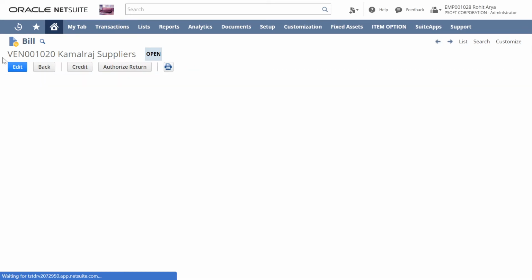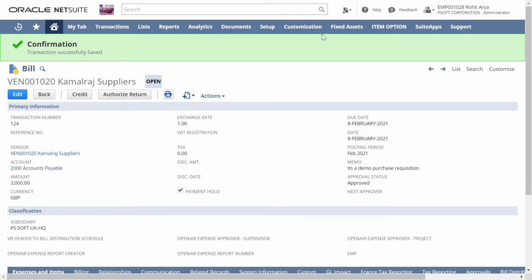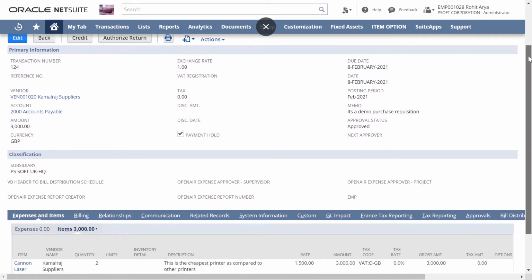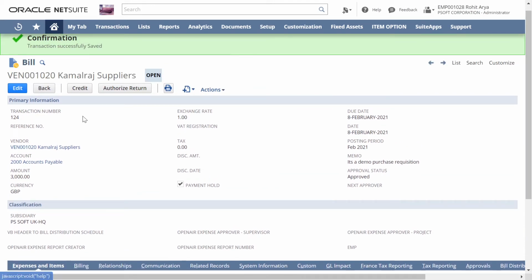Because of some technical issues, Oracle NetSuite is not functioning at its full speed. So now you can see, since we have checked the payment hold button, the make payment option has gone from here. So this is how we hold a payment over a certain invoice.